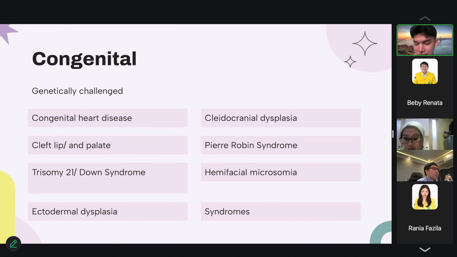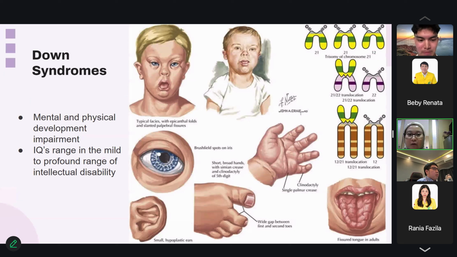Okay, so next, an example of a congenital disorder is Down syndrome. I bring up this topic because the prevalence of Down syndrome is higher than any other syndrome, so the chance for the dentist to meet this patient is also high. Down syndrome is caused by aberration of chromosome 21,